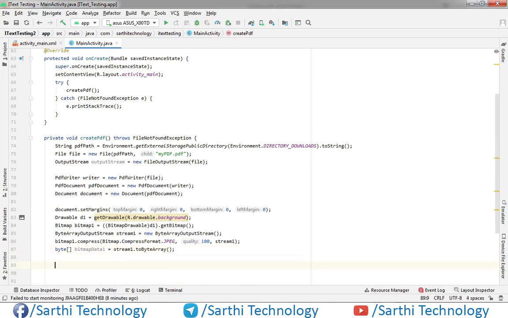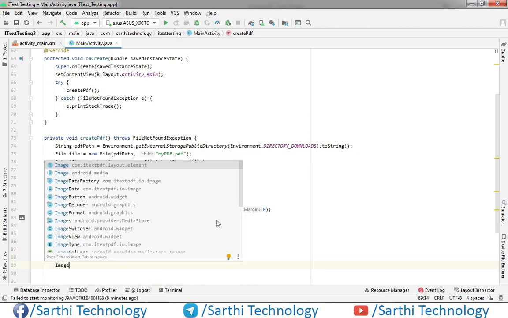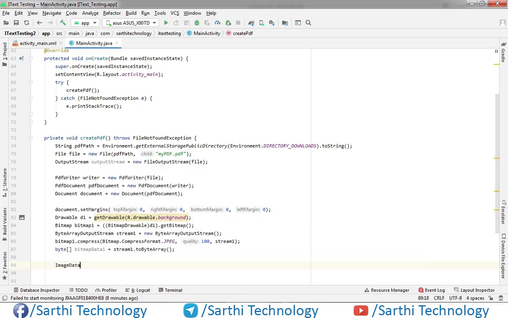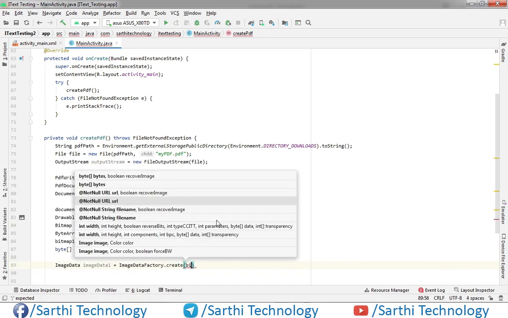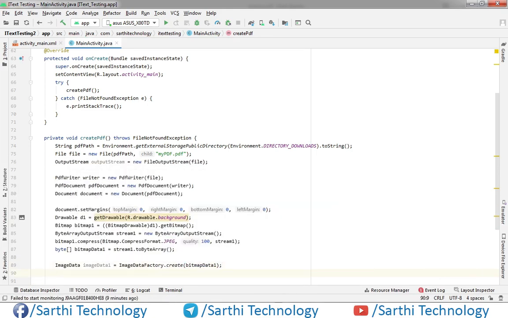Now image data. So now we have one image object, and we will use this to place background image on the